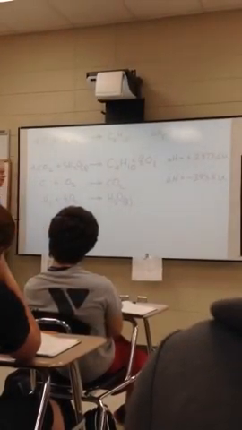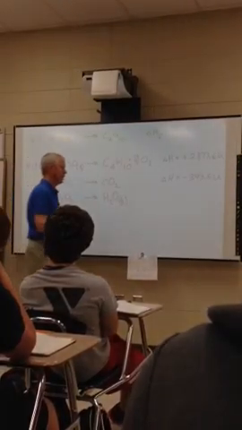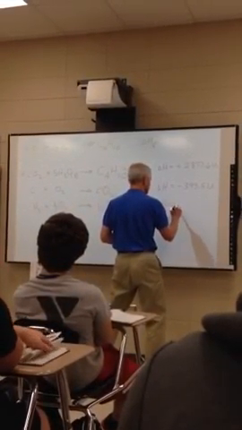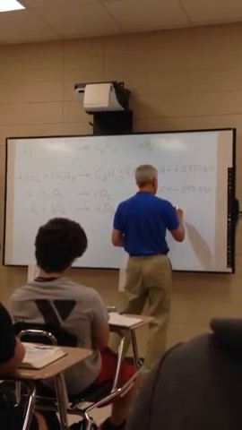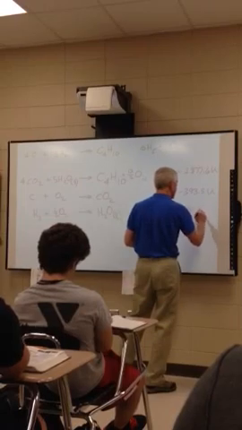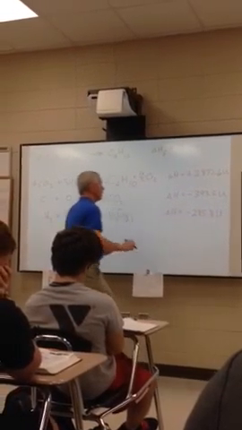And we will use H2 plus 1/2 O2 for that. Now delta H will be, is it 180 something? No, it's 285. And so it's a negative 285.8. Oh, there's where the 8 came in. All right, so